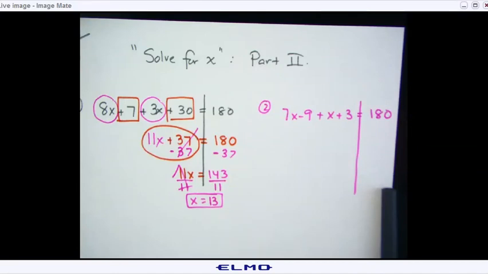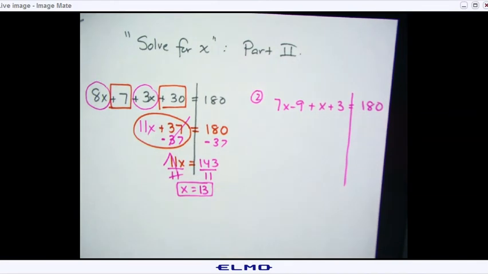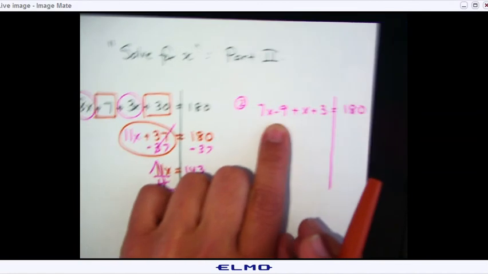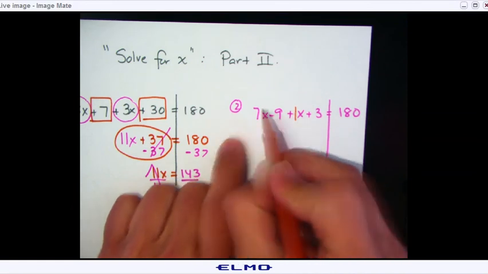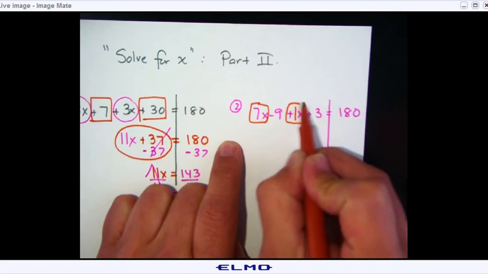All right, so I know that we already did number one, so we're gonna go ahead and do number two. Here we go. Ready? So again, what do I do? On the left side, I'm gonna combine like terms. So I have a 7x, and this is a 1x. So I'm gonna add the 7x plus the 1x, which is